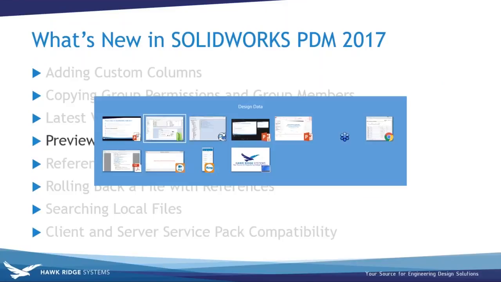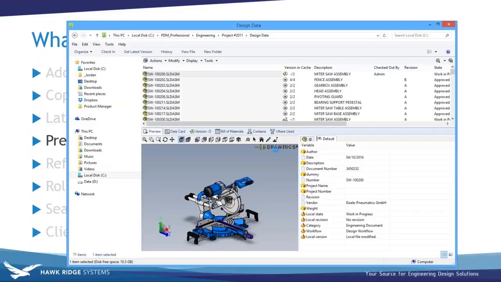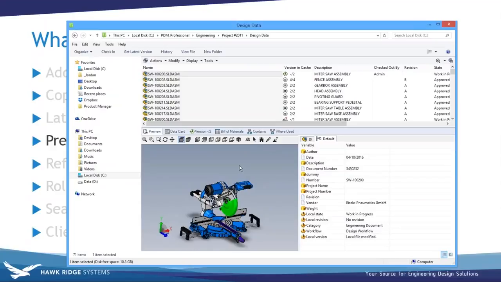And what this is talking about is within the SOLIDWORKS PDM interface, when you go to the preview window, you'll usually see the SOLIDWORKS file that you can go ahead and rotate and move around. You'll notice that in this version, the icons have been updated, and there's also an explode option as well in the preview window. But one of the things that I want to take a look at here is this data card preview, where it shows you the properties of the file, the data card properties right next to the eDrawings file. What you can do to make that just an eDrawings or just a preview down below without having to